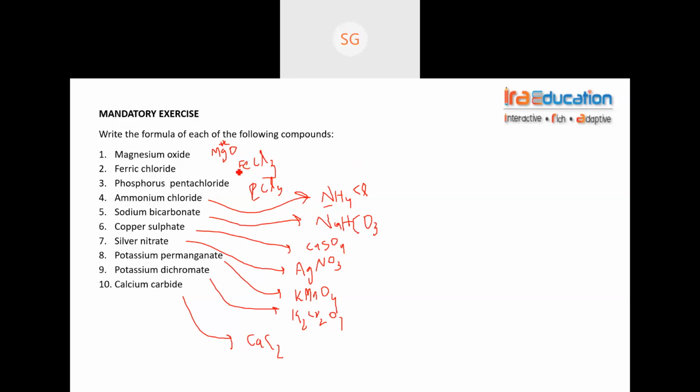So ferric chloride is Fe +3. Phosphorus pentachloride is +5, PCl5. Ammonium chloride is -3. The expression is X + 4 - 1 = 0, so -3. Correct. Next, sodium bicarbonate.